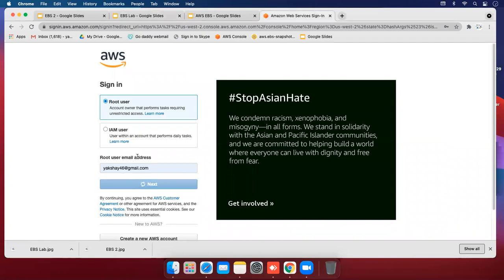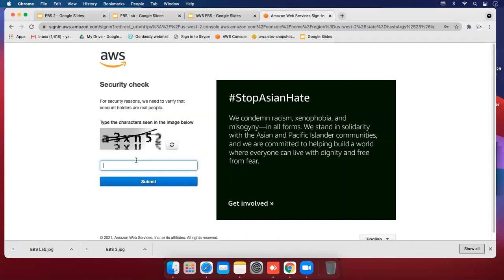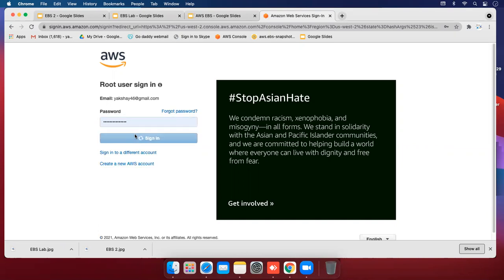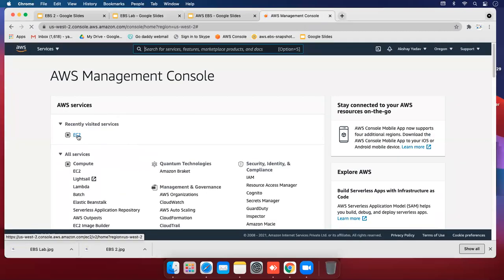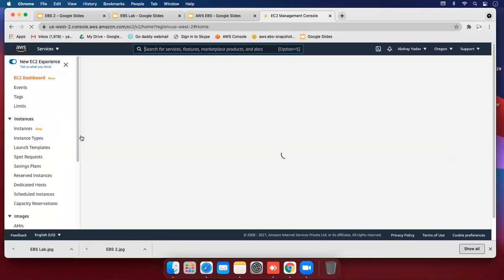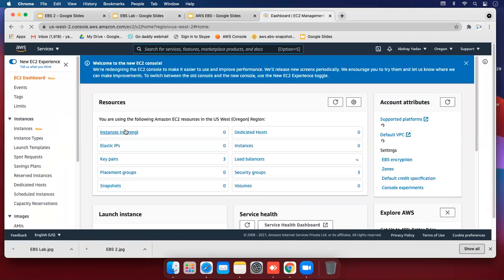Log in with the console. The password is already set, and I'm going to create two instances, one with EBS volume protection and second without EBS delete protection. So let's see.